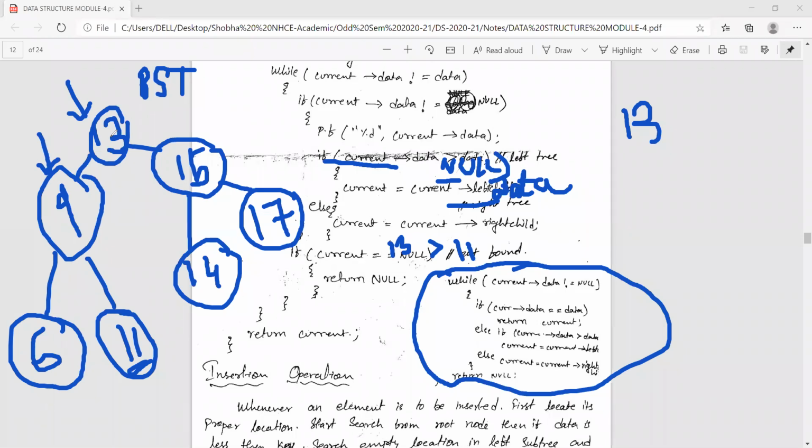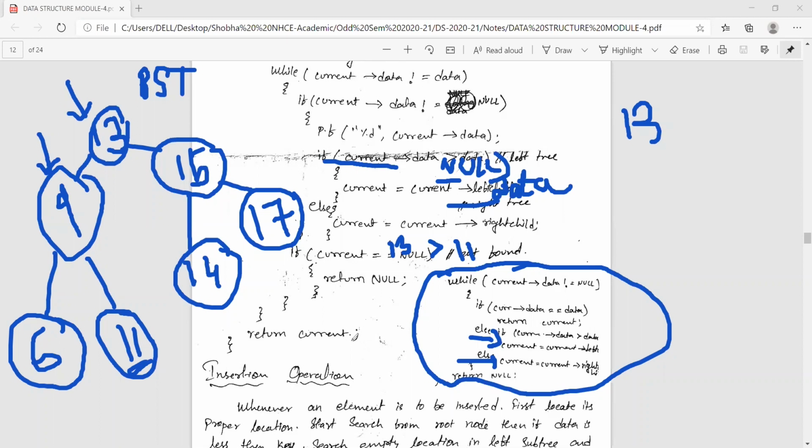So I should traverse towards the left subtree. That's why we are using this statement, moving the pointer towards the left subtree. If both are not valid, obviously it should be in the right subtree. So move your pointer to the right subtree and repeat the process. Repeat the while loop until you find it.